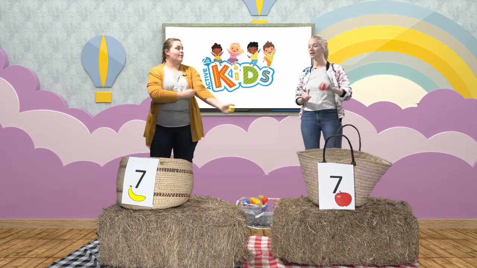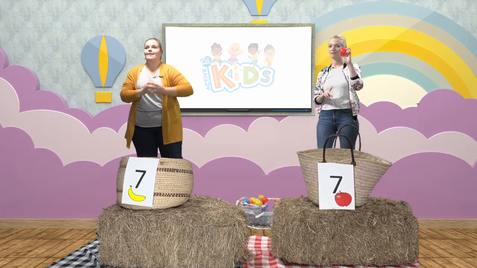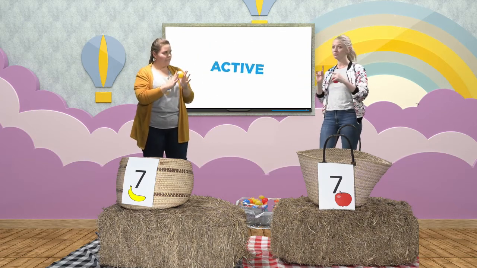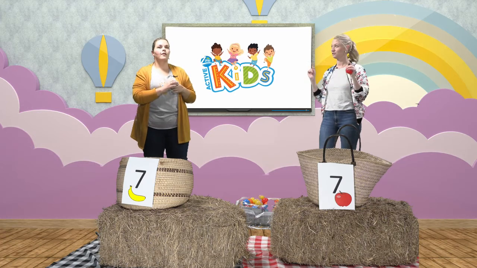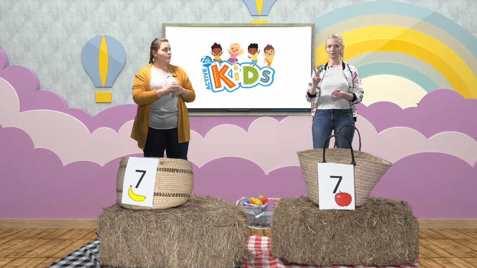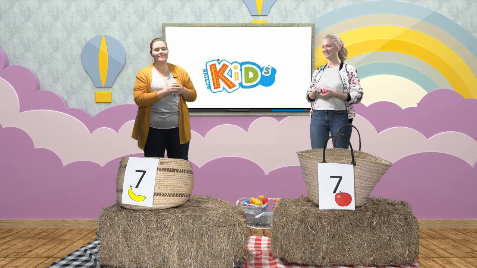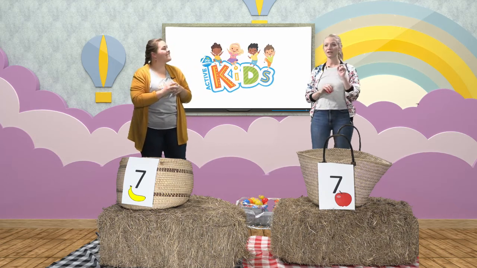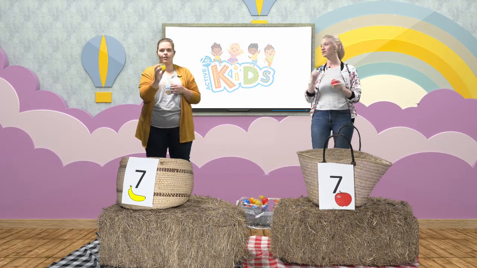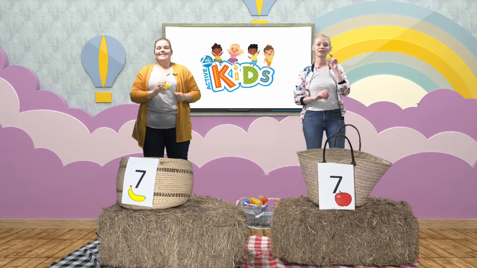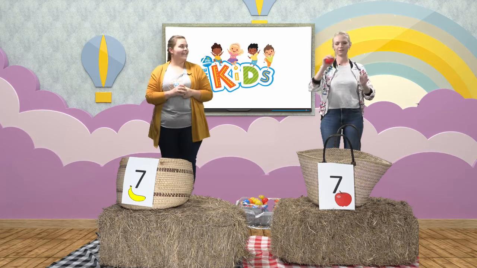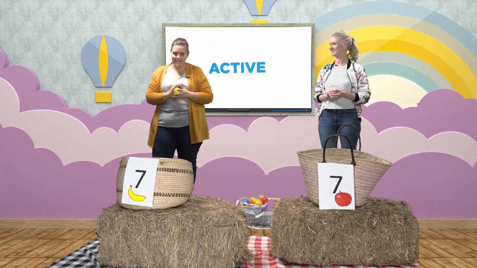Yes. Okay. I get bananas now. Yes, you have bananas. I've red apples. So the rules of the game is we're going to have a competition to see who can finish first and collect 7 fruit first. Which is going to be me, by the way. Yes, the second rule is that we are only allowed to collect 1 fruit at a time. Only 1. So there's no cheating allowed, Marisol. And the last rule is we have to hop on 1 leg to collect the fruit and throw it into the basket. Okay, it sounds like a deal.